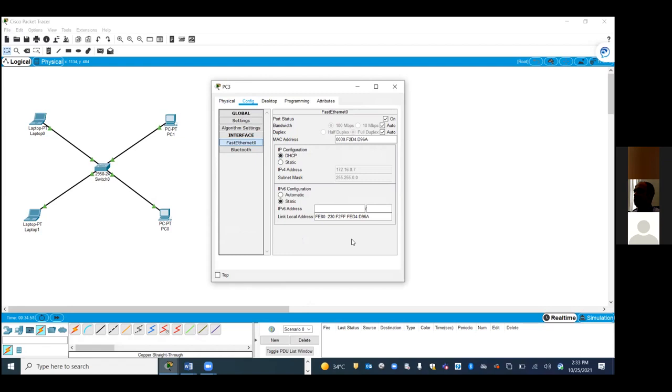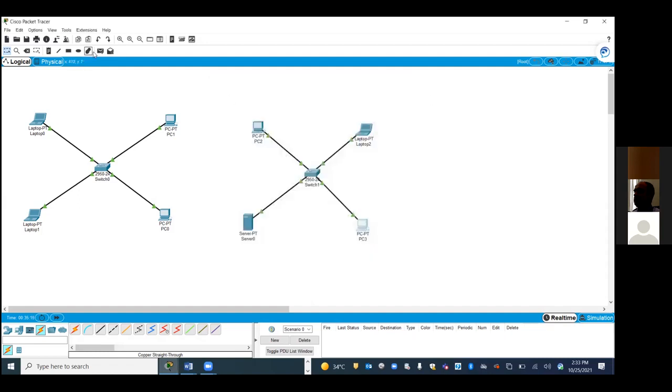Yeah, if I have 60 machines, what happens? No, because you set a limit of 50, correct? So if you want to have 100 machines, you have to put 100. Set the limit for 100. Yeah. So let's check it. Is it working or not? Let's take a PDU here. Put it here and put it here. Is it working? Yeah. So in the earlier scenario, we never had a DHCP that supplies the address, so we manually applied it. In this scenario, we configure the server as a DHCP server.